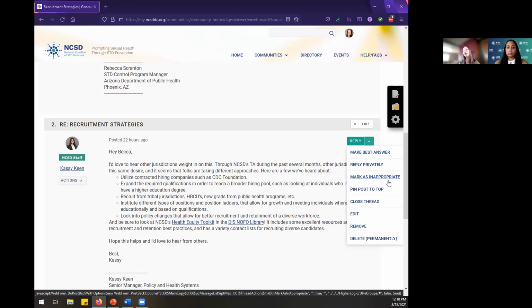So if any posts are potentially offensive or maybe just include information that they shouldn't be including that's visible to all members, you have the ability to mark them as inappropriate. And I will immediately see a notification of that happening so that I can then make the final judgment call of if it does get approved or rejected to be within our community. So that's always safe to do, and everybody has access to that.